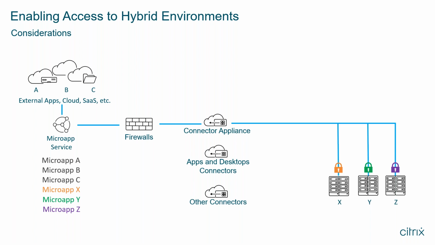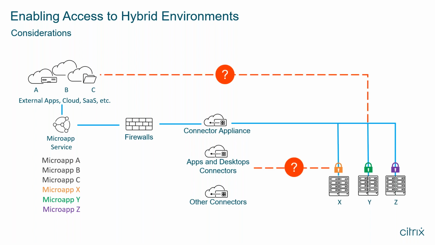So here, because of the number of certs we'll have to deal with, you might find out that you actually have more micro apps than you'd like to have. Sometimes it makes sense for one micro app to do 3 different things. Why force the micro app to do one thing just because you have one type of connectivity per micro app? So this is a sprawl of micro apps that also could be an issue, but we will address it. And then the question is, can we talk to other things?